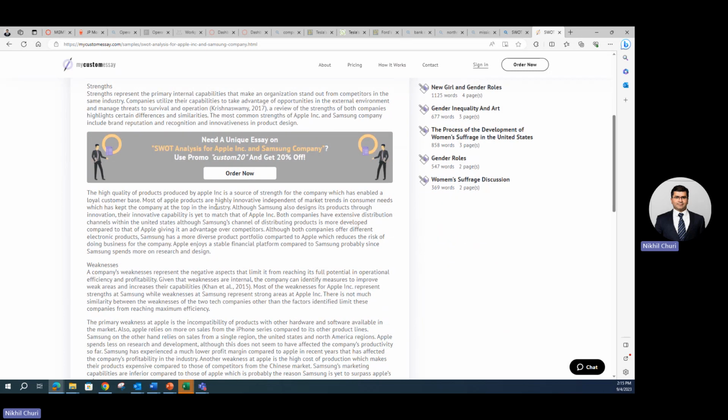And as we go below, they have clearly stated the high quality of product produced by Apple Inc. is the source of strength for the company, which has enabled a loyal customer base. And as we go down, we can see a similar comparison. They have listed the strengths of Samsung. And again, if you compare the phones sold by Apple, iPhones, versus the Samsung Galaxy phones, definitely there is a